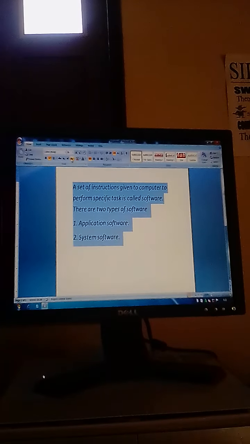So dear students, if you want to change the case, you will click on the change case feature and click on uppercase. As you click on uppercase, all the words, whatever we have typed in this description, will be converted into capital letters.